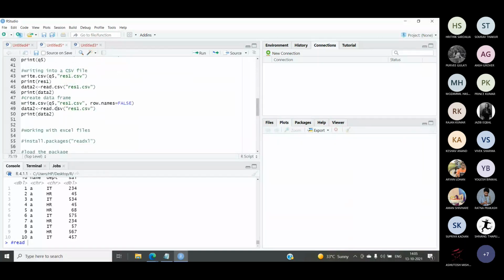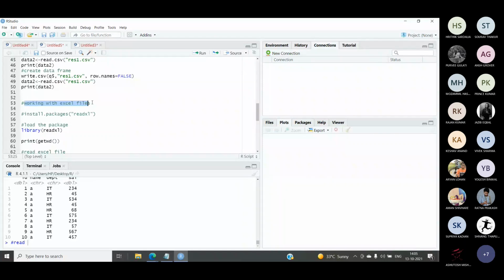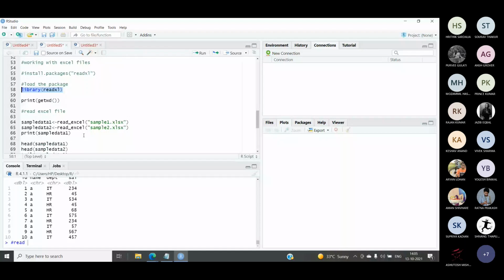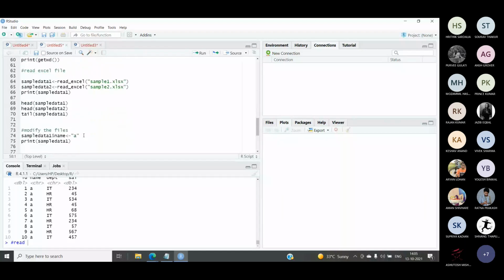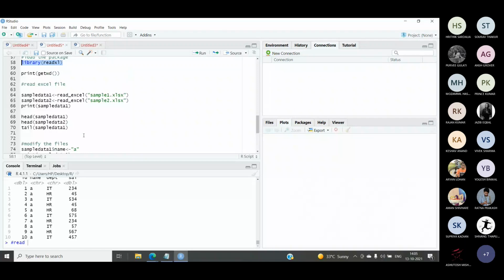The only thing that is different in this case is, firstly, for working with Excel files, you have to install the package, the readxl package. After that, you have to load the library for the read function, that is the readxl library. After that, you can use the function read_excel.